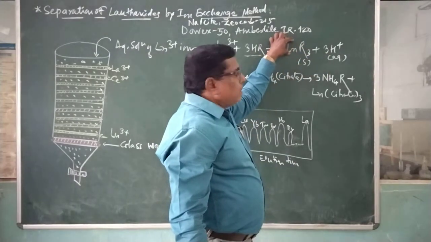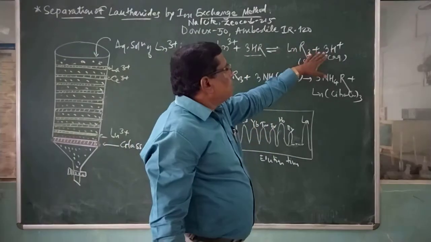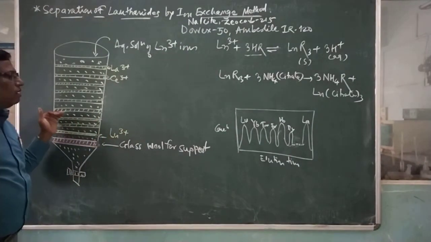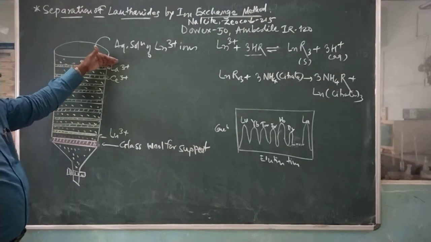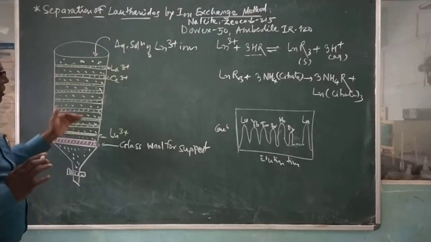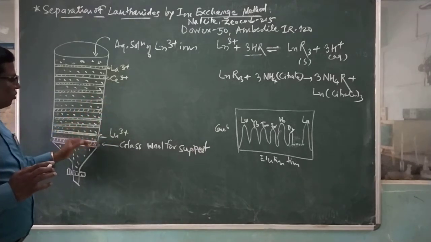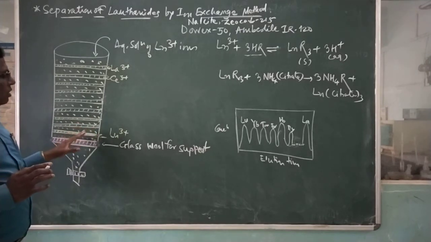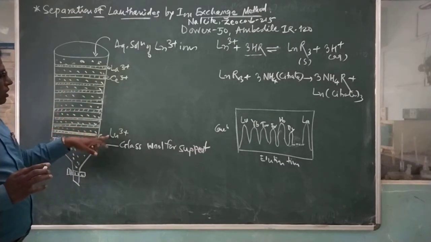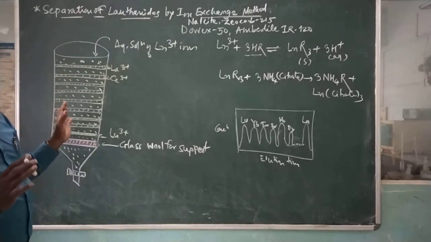Why? Because lanthanide ions possess the common oxidation state 3+. Here the 3H+ ions come out in the elution process. Generally at the top, the lanthanum 3+ ion is adsorbed because its size is large. When we take lutetium, which has a small size, the band appears near the glass wool because its size is very small, and therefore it drops down first, as concerns lutetium and ytterbium. In this way, different types of bands can be obtained.